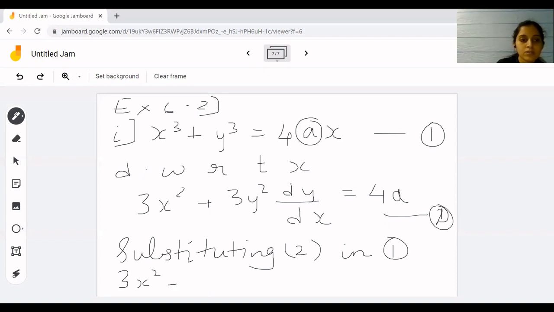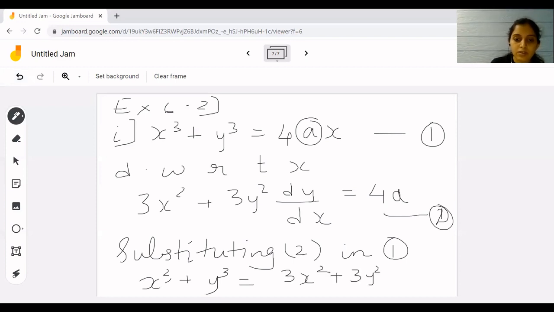We would get x cube plus y cube equal to 4a, so that is 3x square plus 3y square dy by dx, whole thing multiplied by x,